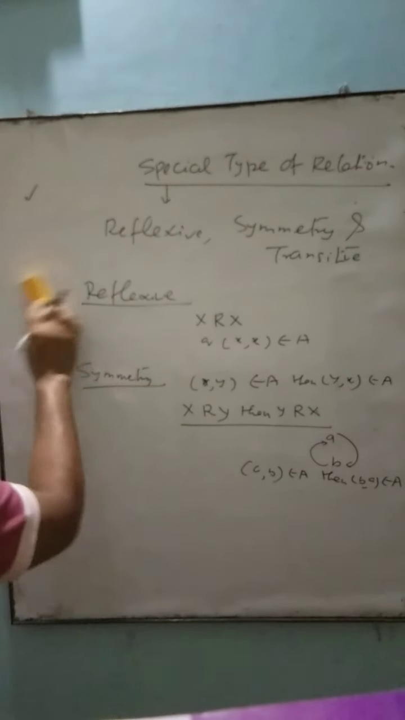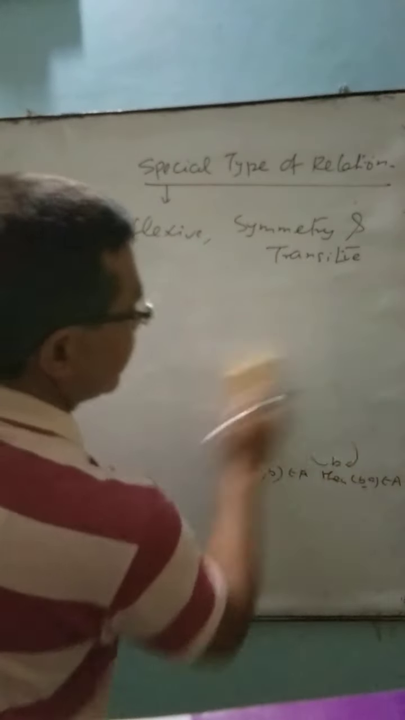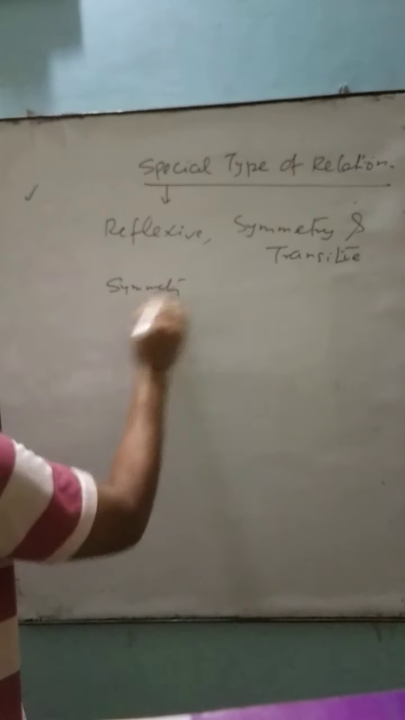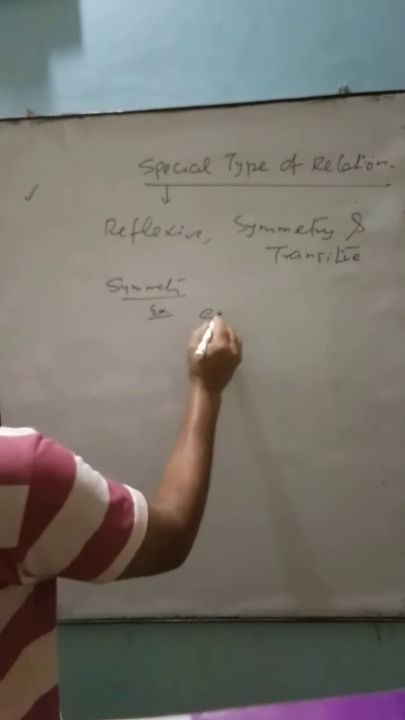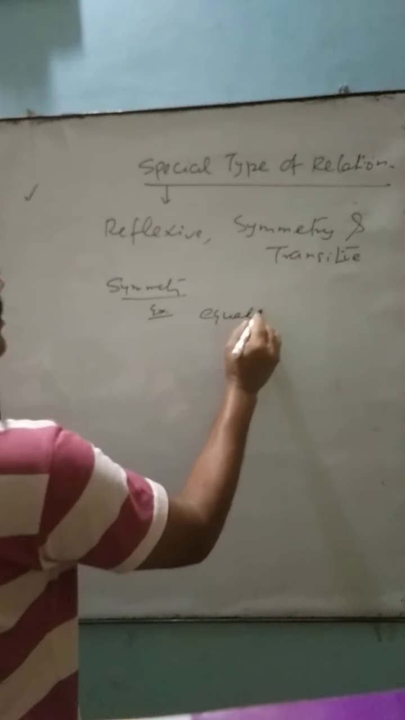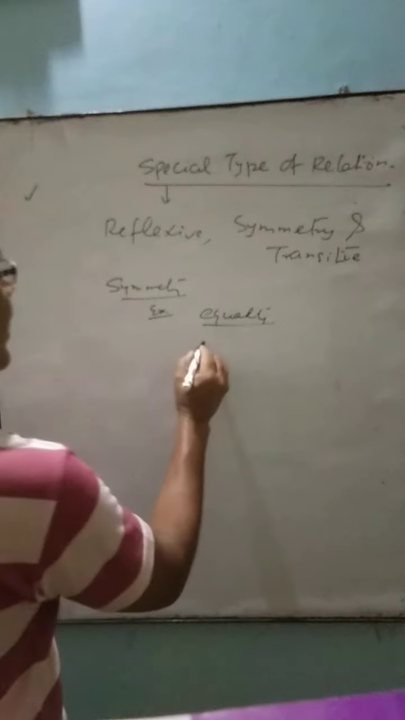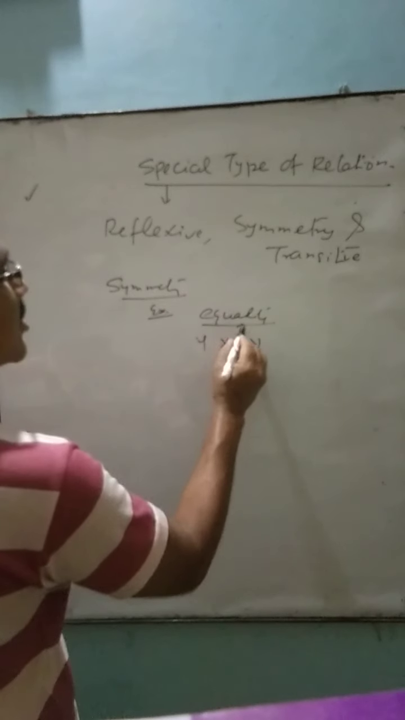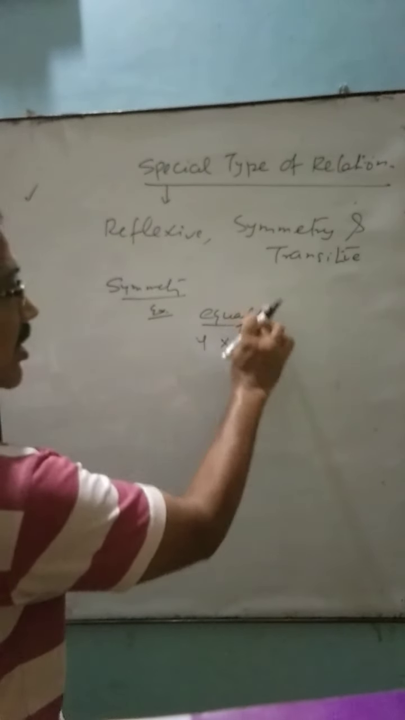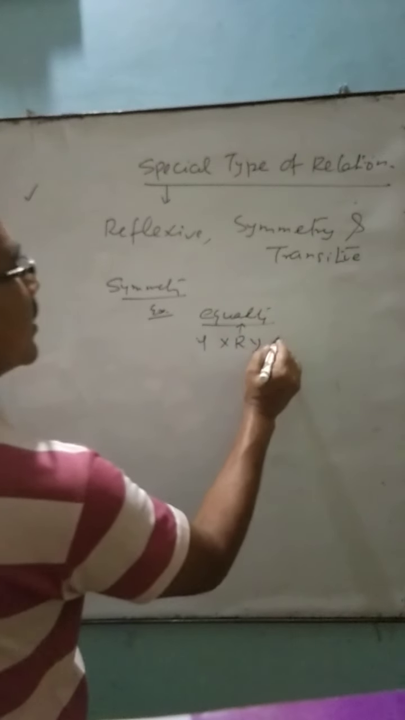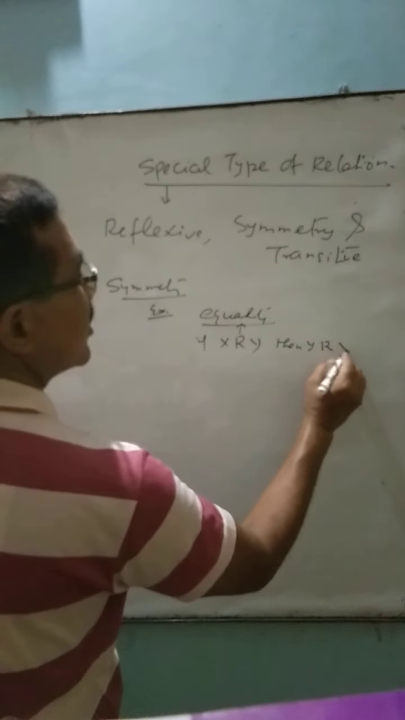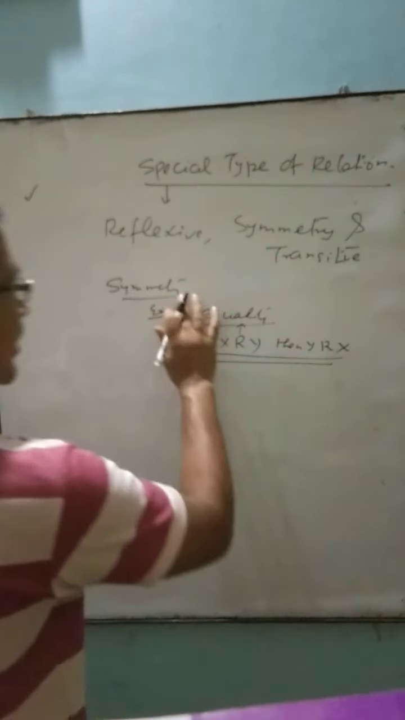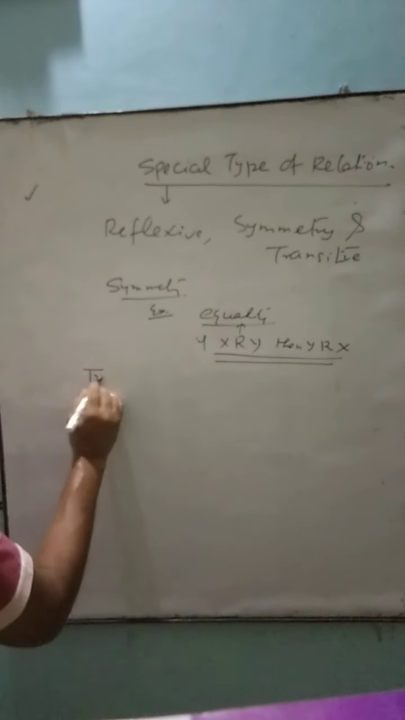Now we come to the last one, that is transitive. Now we can take an example of symmetry first. For symmetry, the example we can take is equality. Equality means if x is equal to y. What is R here? R is the notation of relation and R represents equality here. If x is equal to y, then y is also equal to x. Clear to all of you? If this type of property is there, then we say it is symmetric. Now come to transitive